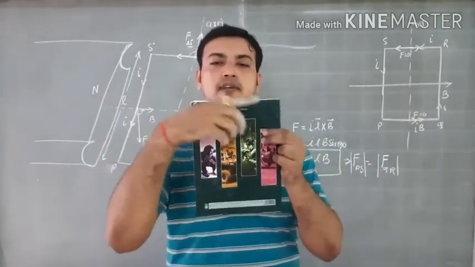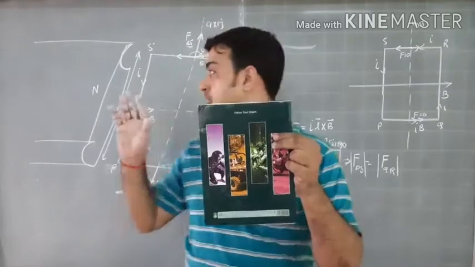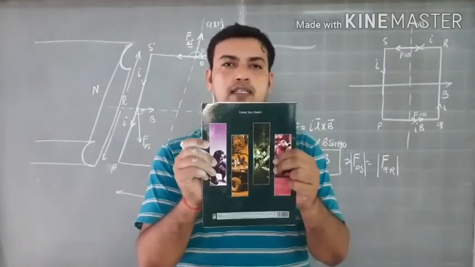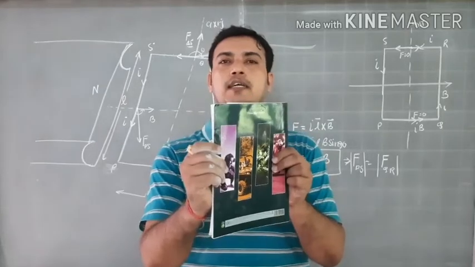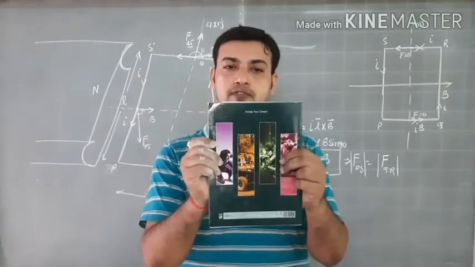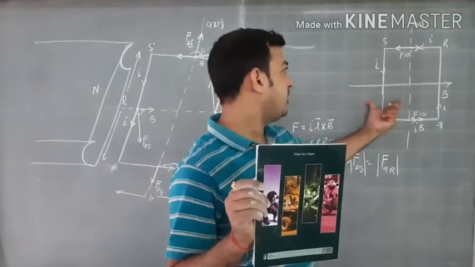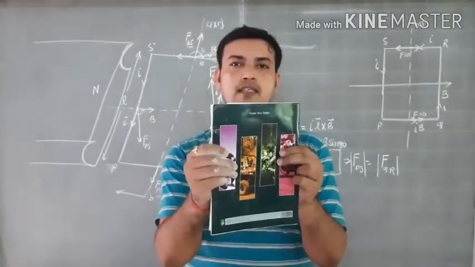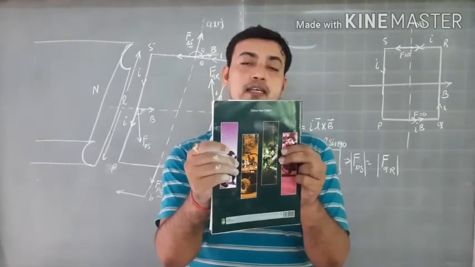Now in this case my coil is placed like this. So this is the magnetic field and the coil is placed like this. But in this situation my coil is not placed like this, it is something like this. And that is the difference. This is the case that I have shown here, and my coil is placed something like this. So what will happen in that case, I will tell you.